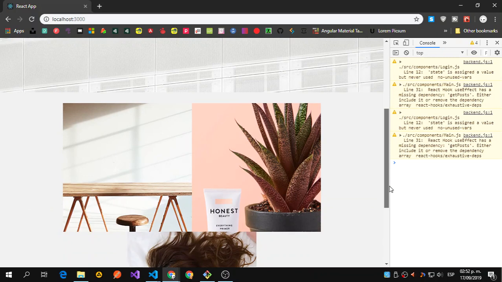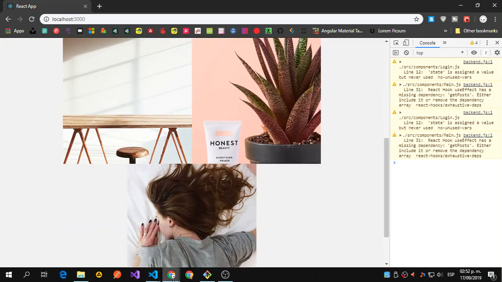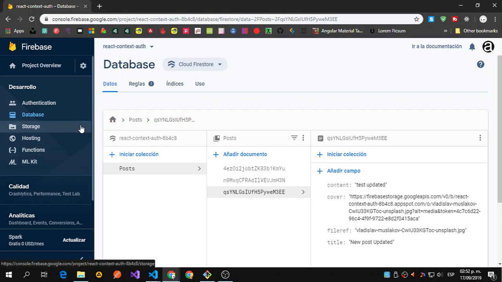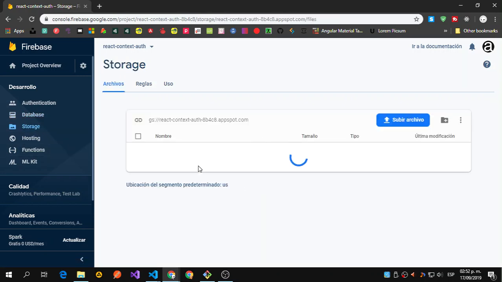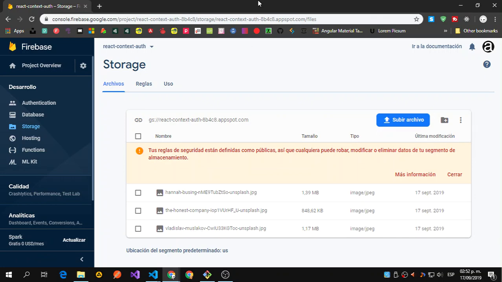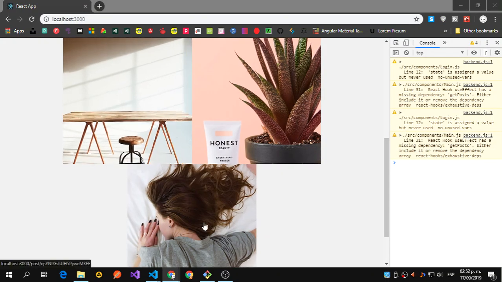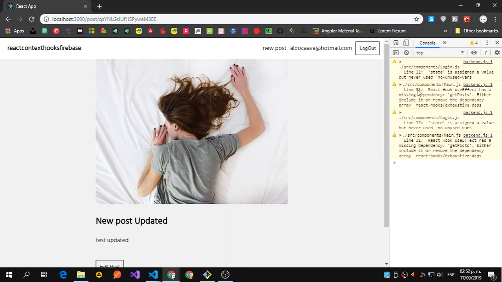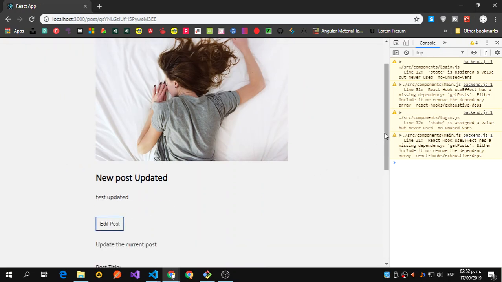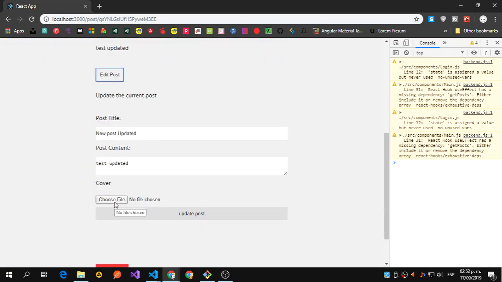And let's just do one more. Let's just check this. All this should be working. Okay, so let's get to storage. All this should be deleted information. The last, okay. So we still have 3 because we have 3 posts. So let's come back here. Let's say edit post. Let's go to choose file. Let's add again this one. Open